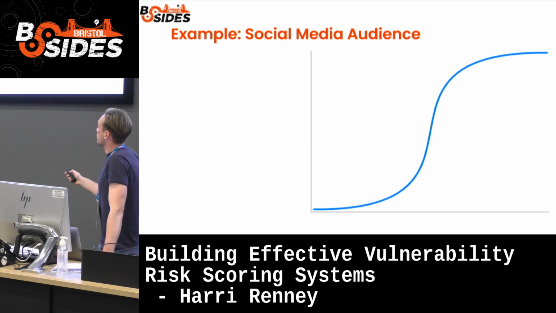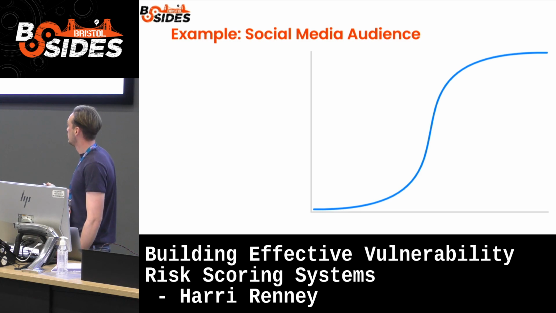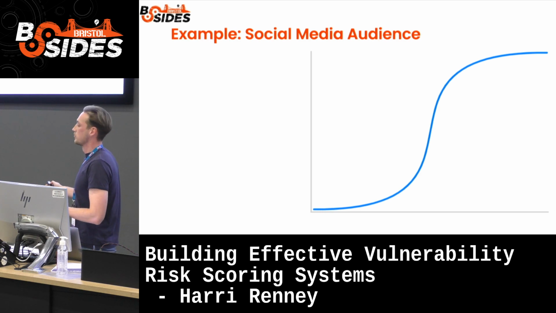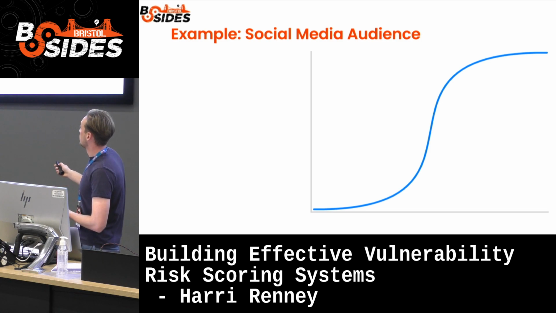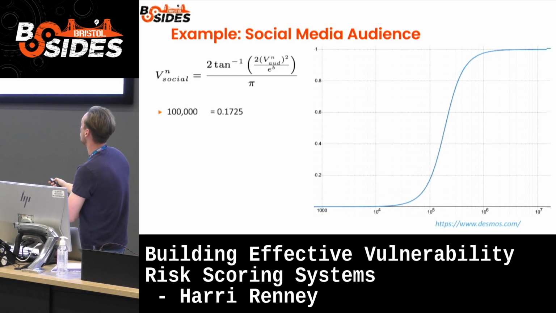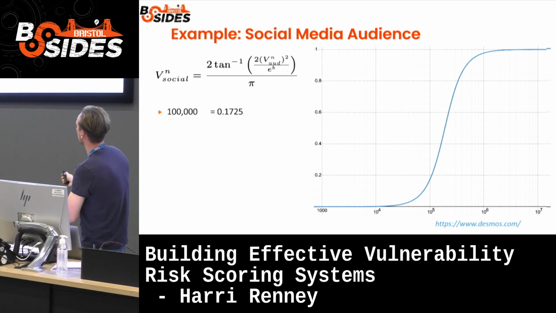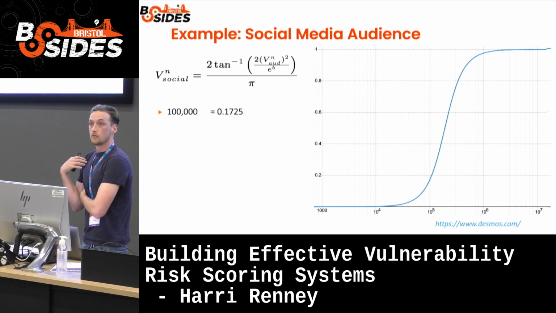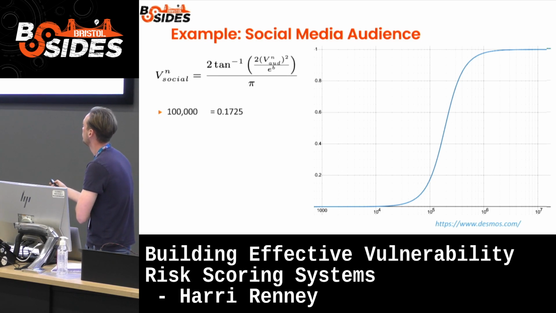With social media audience, if there's like 10, 20 people talking about a CVE, or being exposed to a CVE from a tiny Twitter account, you don't want much impact. As you start to get to tens of thousands or hundreds of thousands, you want that, because on the y-axis, I actually mapped it out with numbers, that would help. So when you're in the thousands, not too much impact, but when you come up to the hundreds of thousands, you start getting some actual contribution to your risk formula coming out.